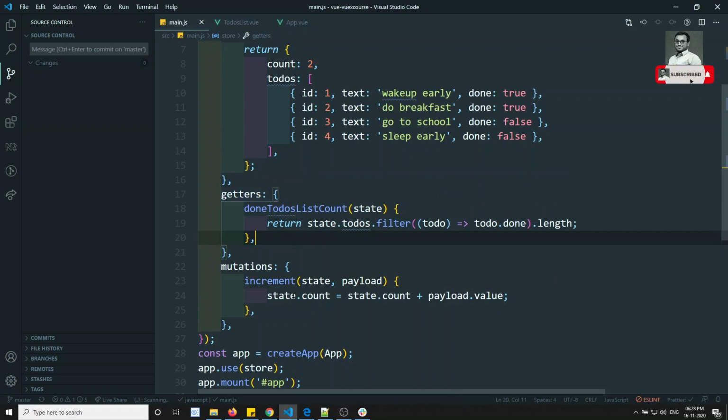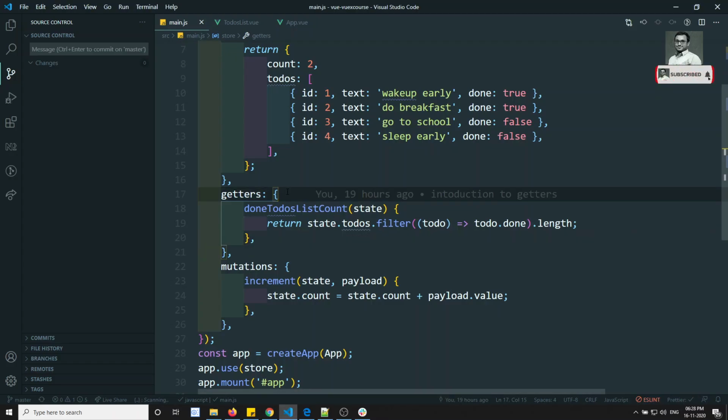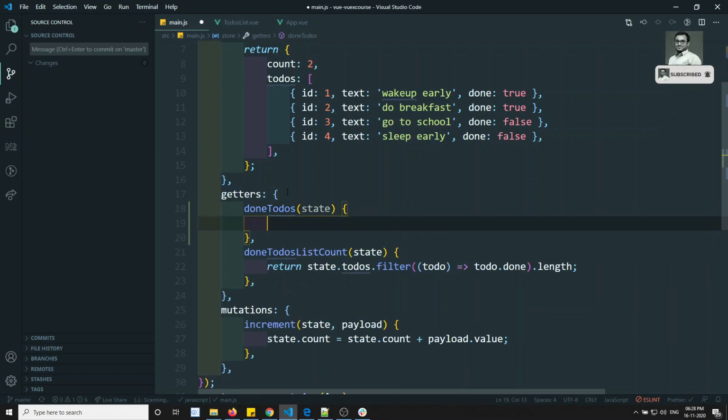Now here, if you see in the previous video, if I refresh the output here, I am able to see all the list of to-dos and the done ones which are completed. In the other component, we have also seen those which are completed. Now, I have a getter called doneTodos. I want to get the to-dos which are done. You'll have the state here. So instead of getting the length, I can copy this and paste it here, right? So these are the done ones which are completed.